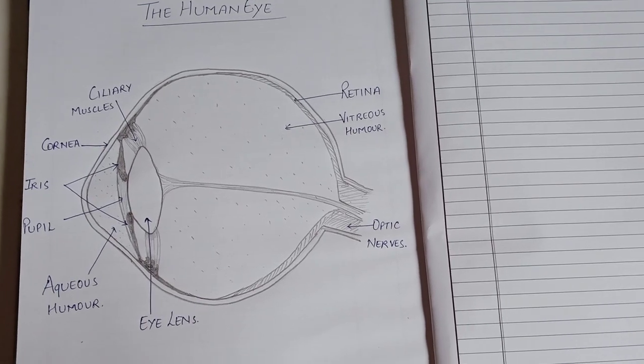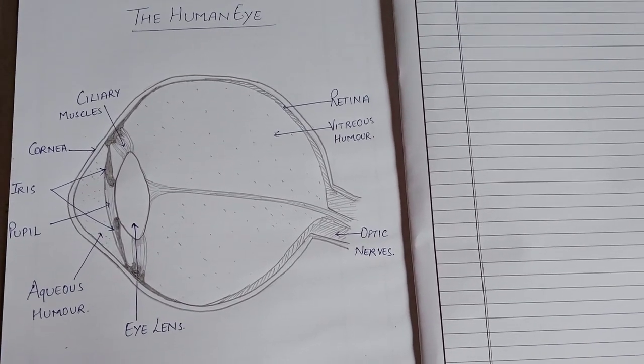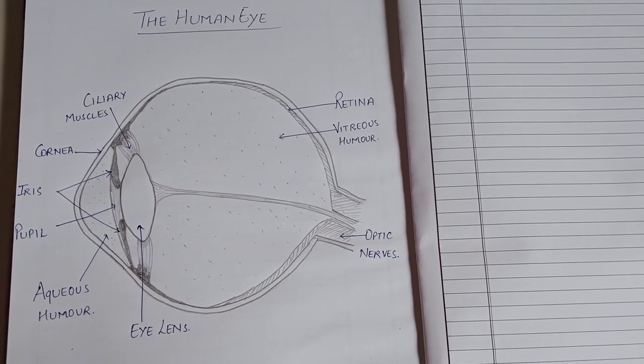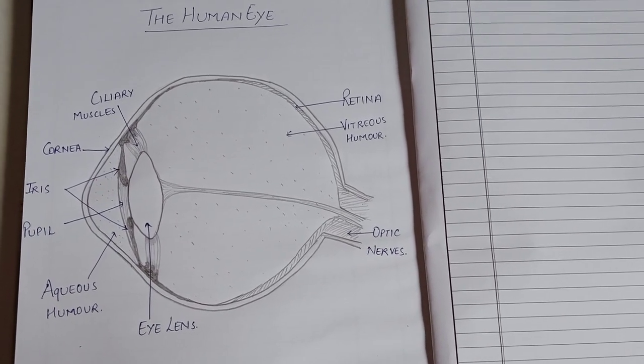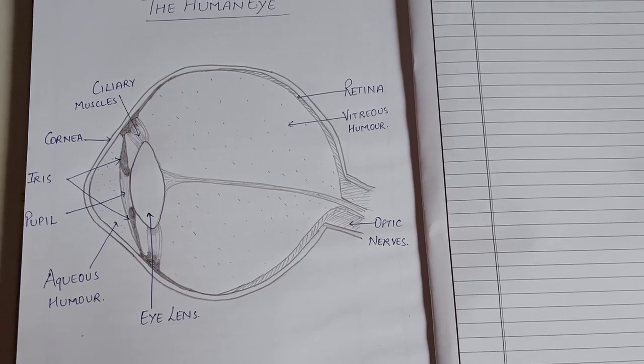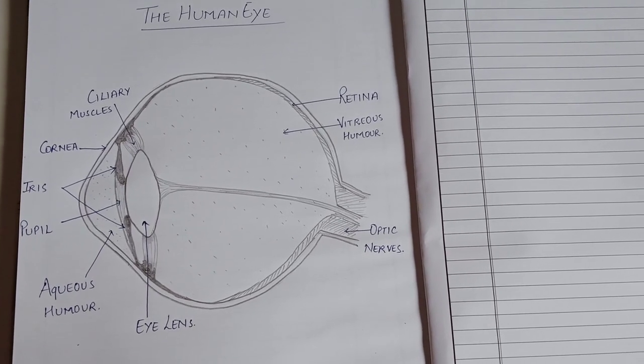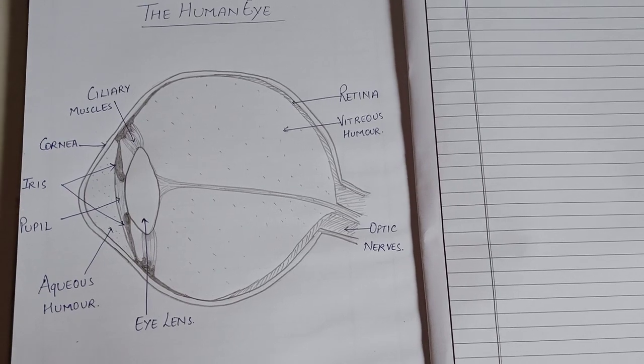Today we are again together with a wonderful topic, the human eye. See, it is the most remarkable optical instrument considered. Okay, so today we will discuss its structure and function in detail.